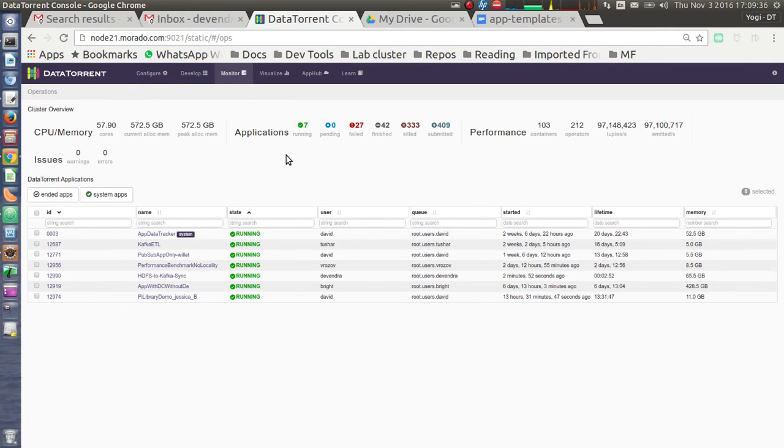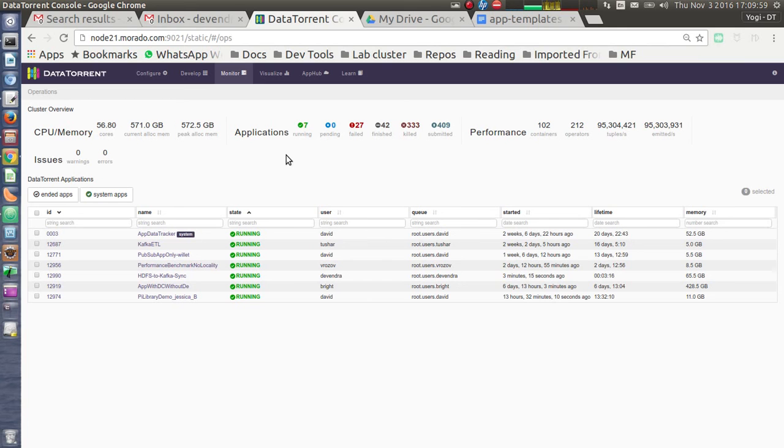So in general, this application can be used, let's say, if you have some files on HDFS which are separated by new lines, and each new line has to be considered as a different message, and each message has to be pushed to Kafka. You can use this application as it is.